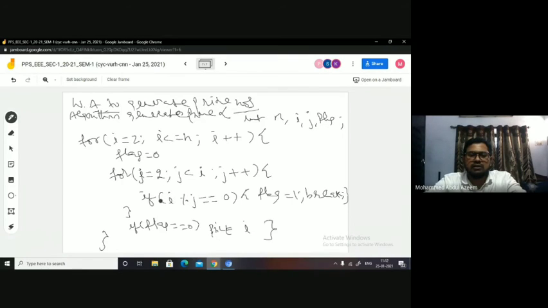Then the logic is done like this. You divide the number i with a set of values between 2 till i minus 1 that you are taking in j, so i mod j. If you find at any division the remainder is 0, then you say it is not a prime, so you change the flag value and immediately break.